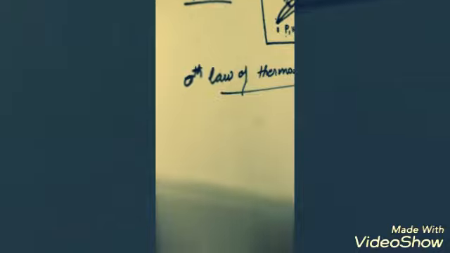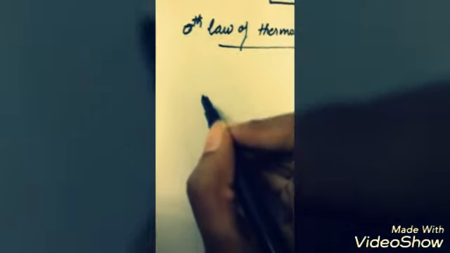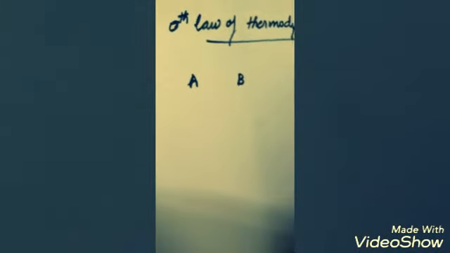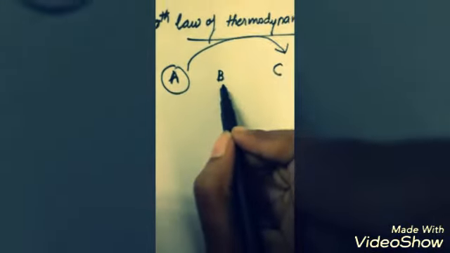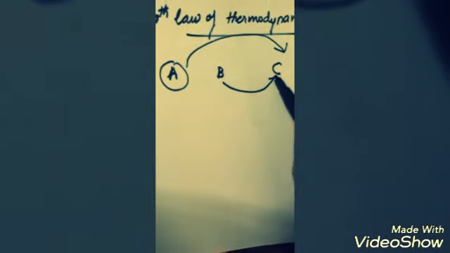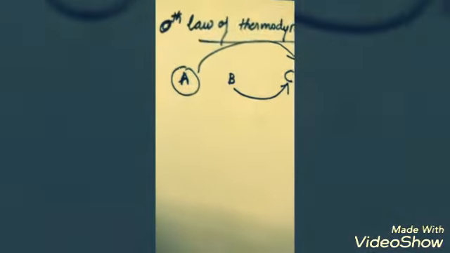Let's now go through the laws of thermodynamics. The first law is the 0th law of thermodynamics. Let me explain this with an example for easy understanding. So consider three systems A, B and C. This A is in thermal equilibrium with C and B is also in thermal equilibrium with C. By zeroth law of thermodynamics,